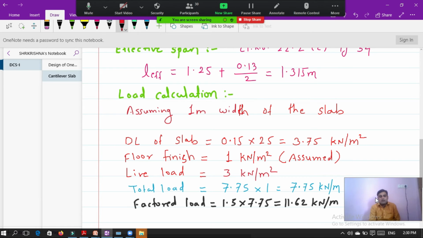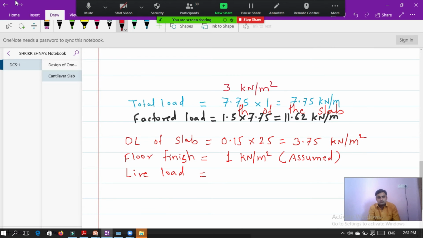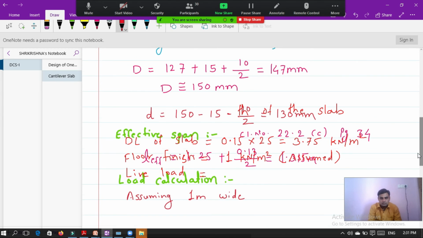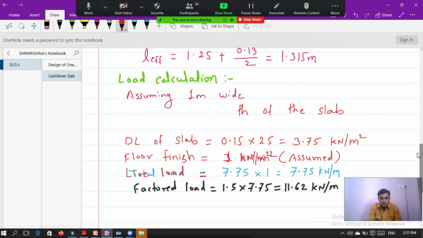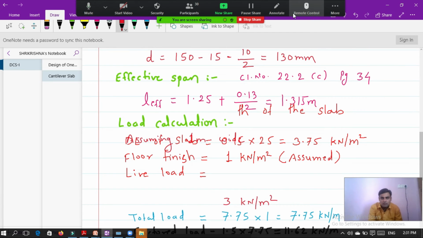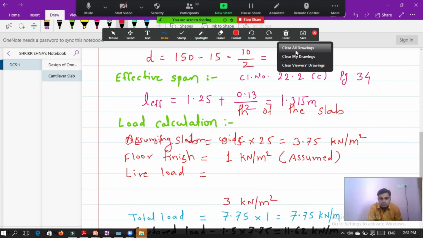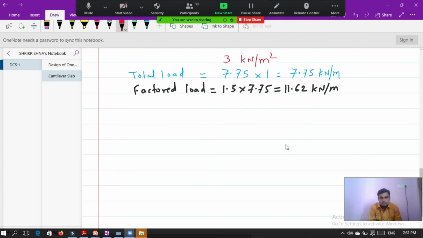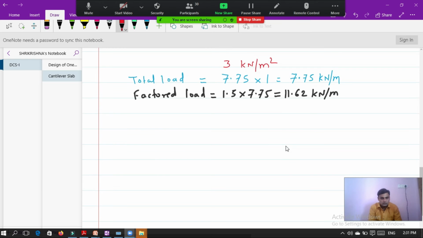Now after calculation of the factored load, we have calculated the factored load.